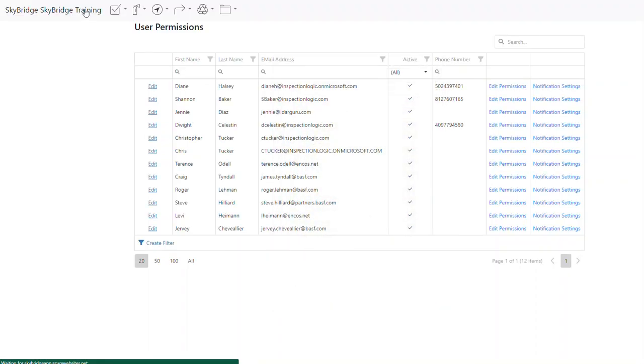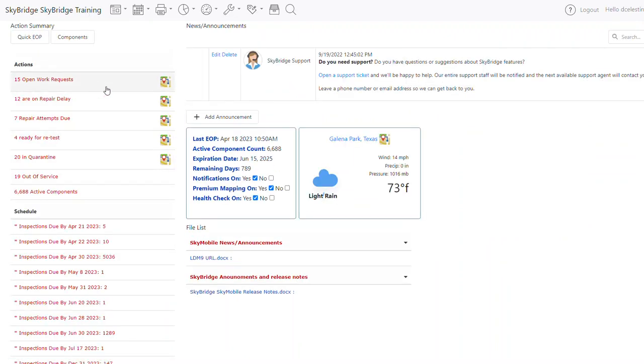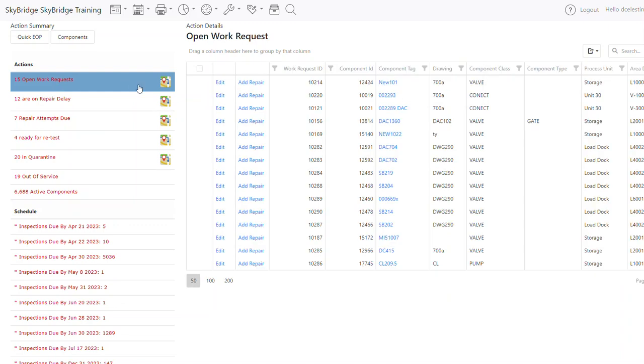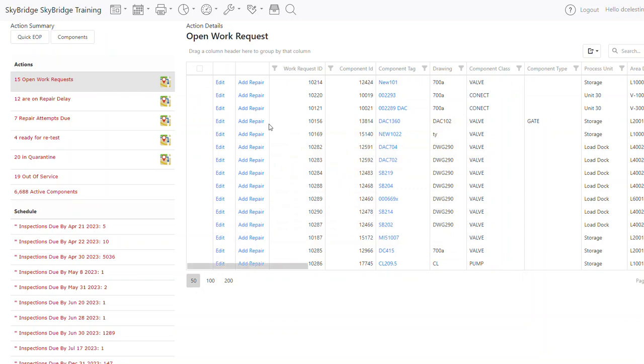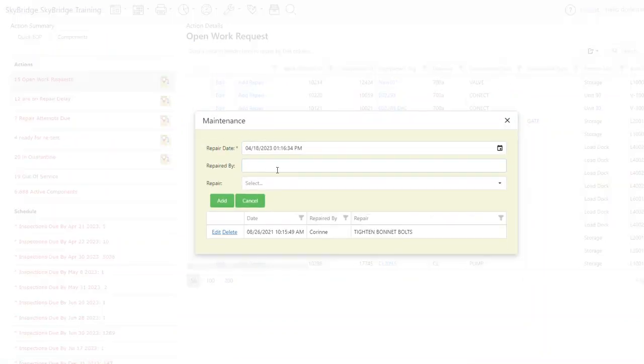So whenever they come in, whenever they log in, they'll see the work request here. So they'll click on it and they'll come here and they would just add a repair. They'll find the tag number that you've given them, that you've repaired, that they repaired. They'll come in here, add repair. Okay. You just click on any one of them, several of them, and then they'll go ahead and add the